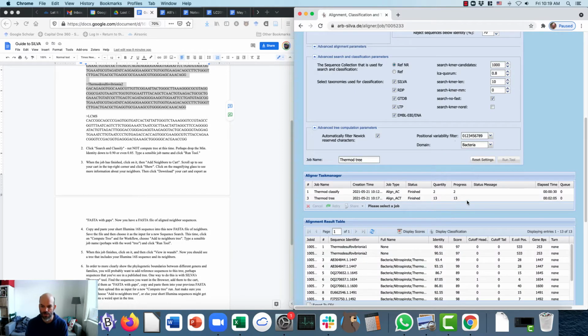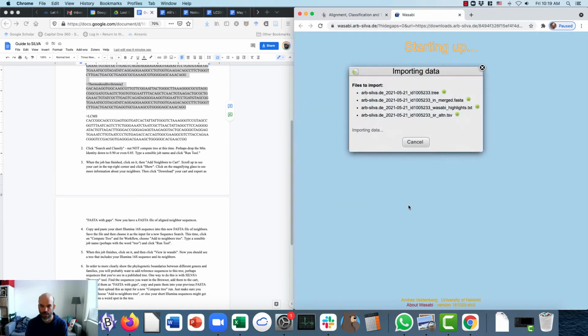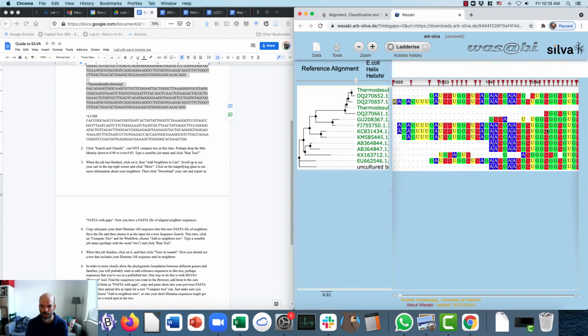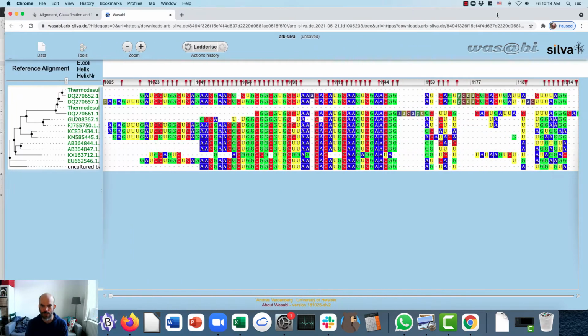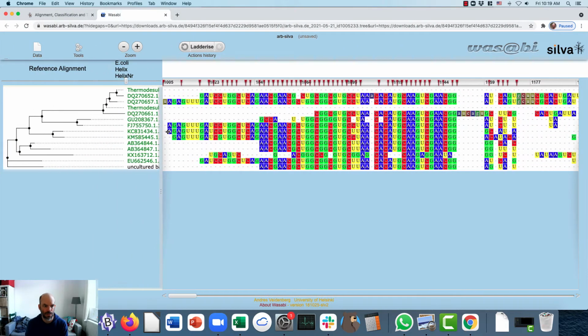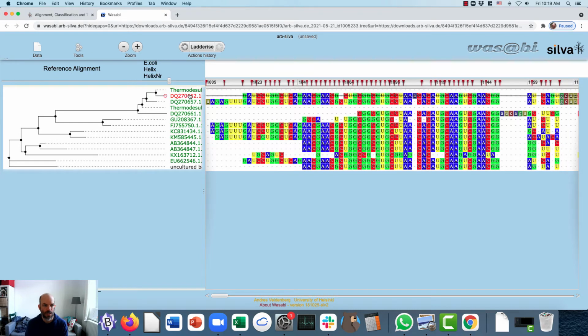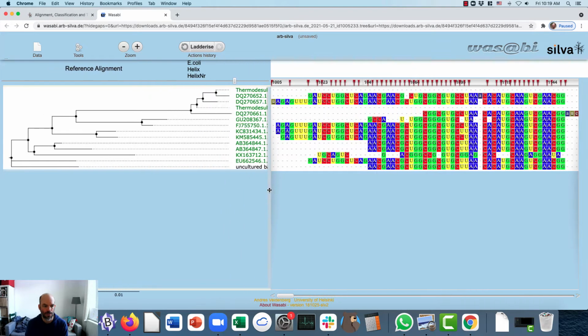Okay, our tree has finished. We can click on it, click view in Wasabi. This will load the alignment, so now we can actually see the alignment that the SILVA folks have made, as well as the tree. So make this window bigger so we can see it a little bit easier. We can resize this. And here we can see